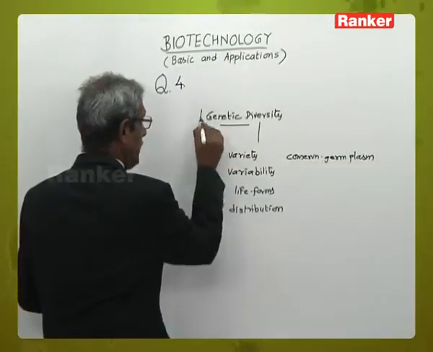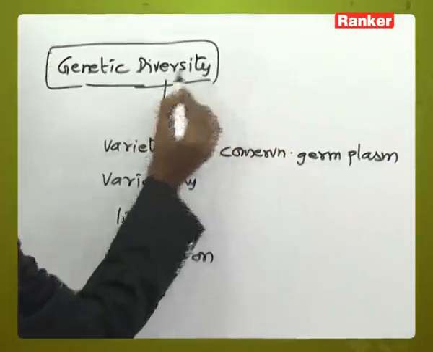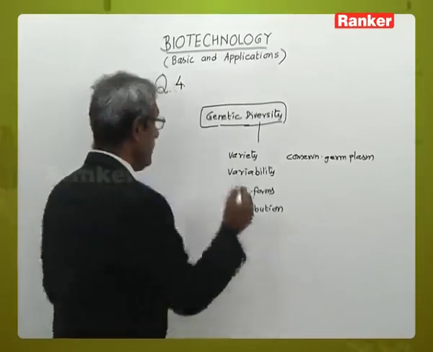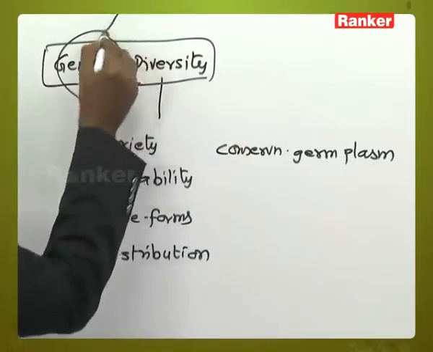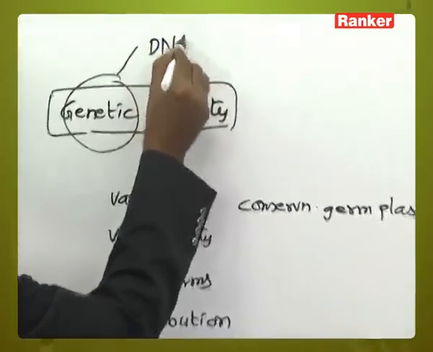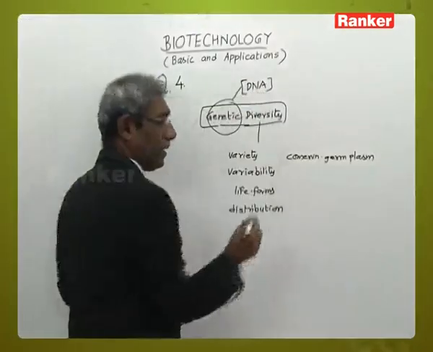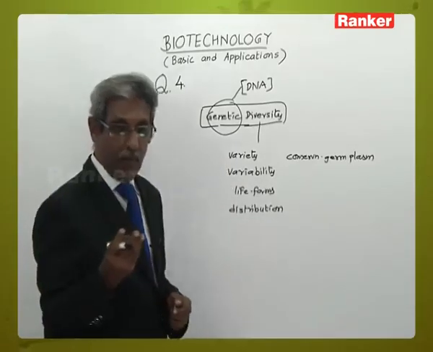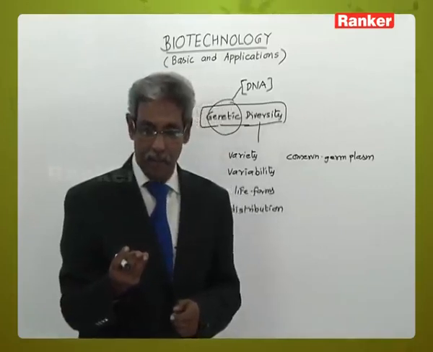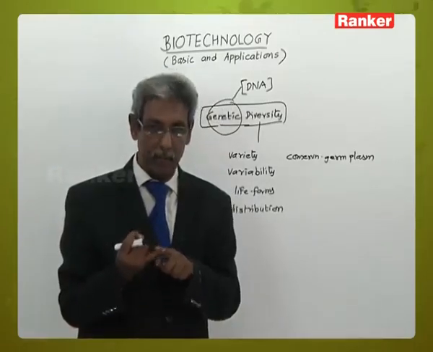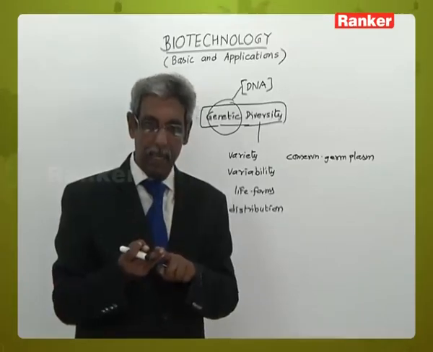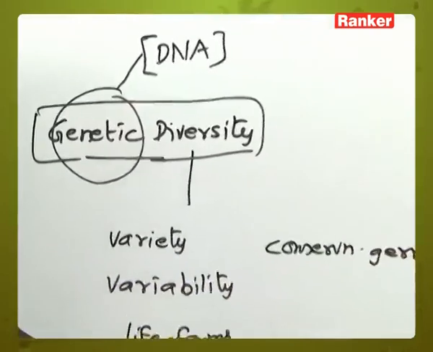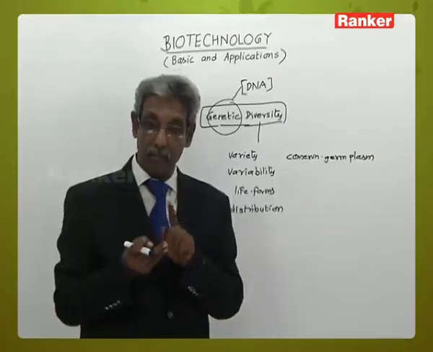When we are looking at biodiversity, we have species diversity, genetic diversity, and ecosystem diversity. Genetic diversity relates to conservation of the DNA, the genetic material. Conservation of DNA can be primarily from recent varieties. You have an improved variety by biotechnology, which could be some of the recent varieties which are adapted to the environment. It could also mean old varieties which are preserved by conventional farmers, or old land races which have